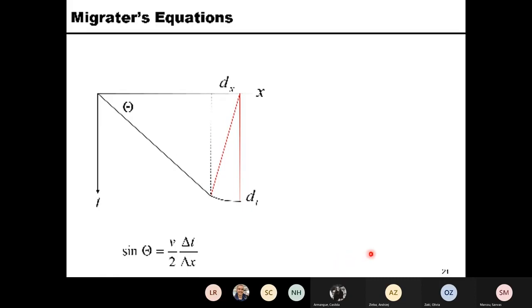Now, because we define the theta or theta bar in terms of a ratio of delta t over delta x, now we just try to do the next step. How to quantitatively estimate delta t, estimate delta x. Okay. Remember this formula. We said sine theta bar equal to half of the v delta t over delta x, right? So just delta t over delta x. Remember delta t over delta x in the previous lecture,